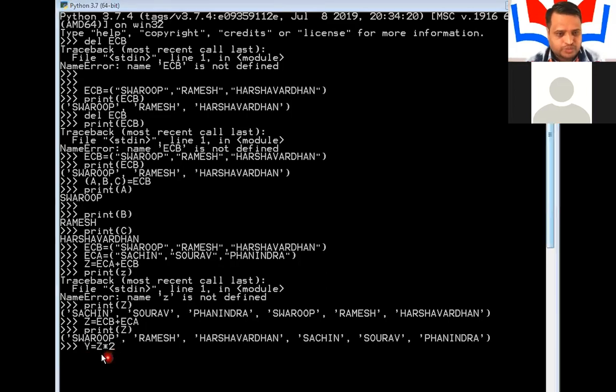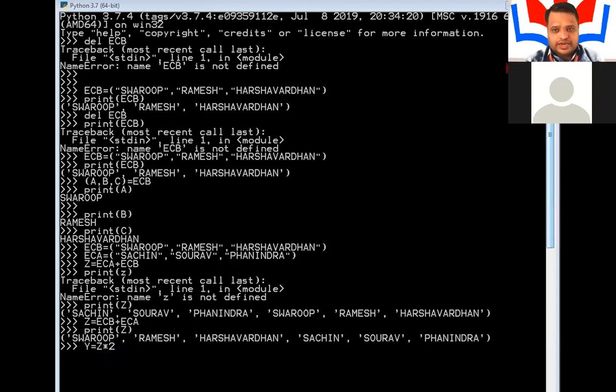Here z corresponds to the elements Saurabh, Ramesh, Harshvardhan, Sachin, Saurabh, Paninder. Since I am specifying 2, the elements will be repeated 2 times. We can specify how many times we want the elements repeated by using the asterisk operator.